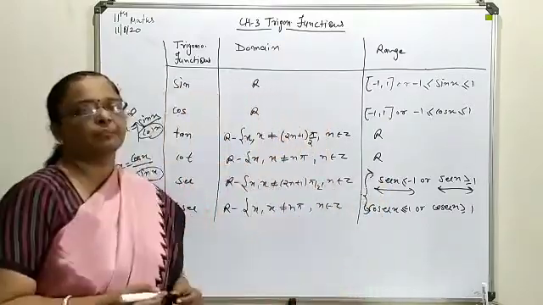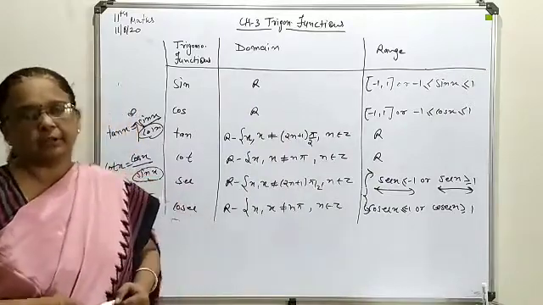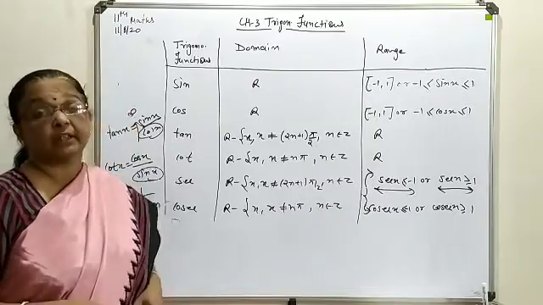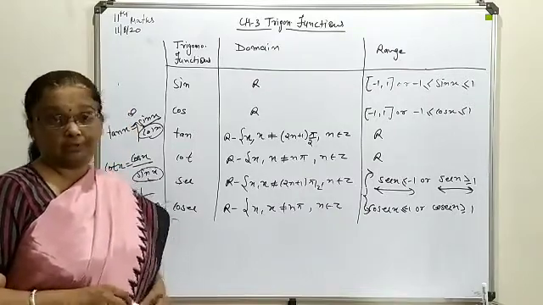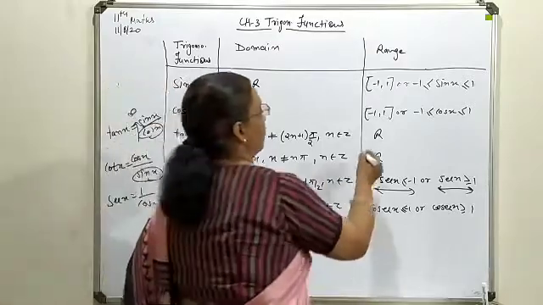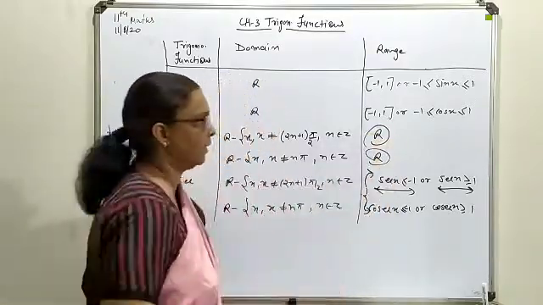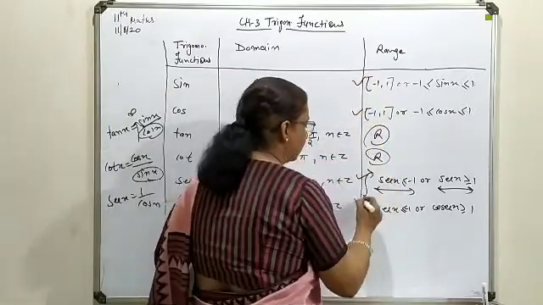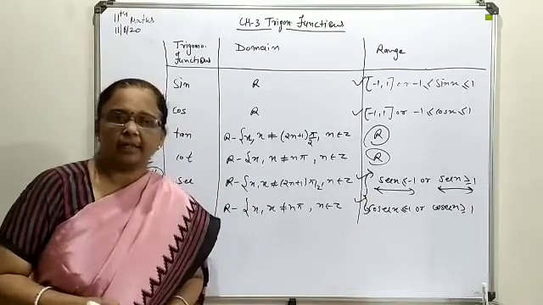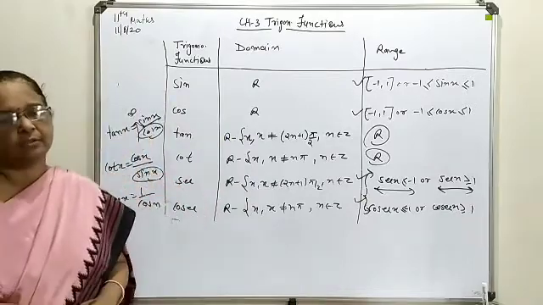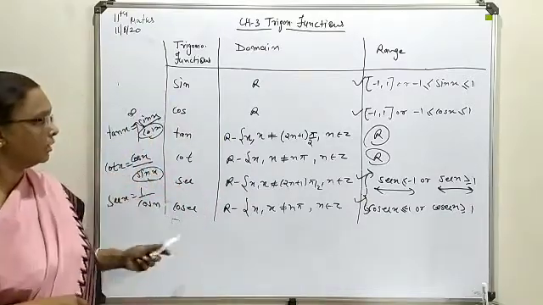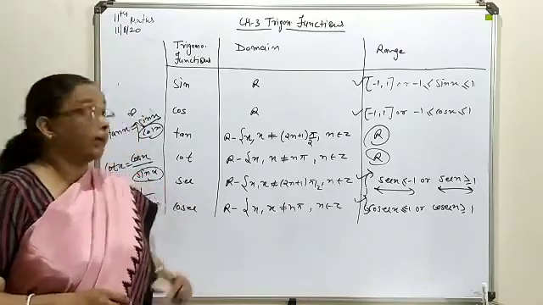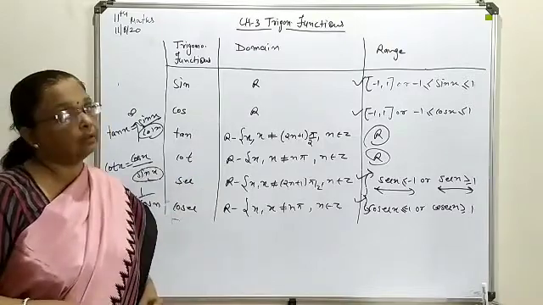So sometimes we have to find out the solution range of the given trigonometrical terms. At that time it should be clear what the standard range is for a particular function. So these two, because they are in R, any solution you can select, but sine and cos are both the same, sec and cosec are both the same. So their range should be kept in your mind. Afterward also it will be used by you. So this is important information regarding the domain and range of all 6 trigonometrical terms.